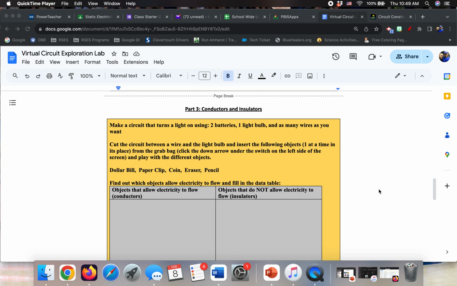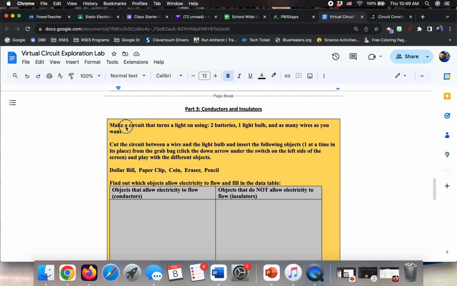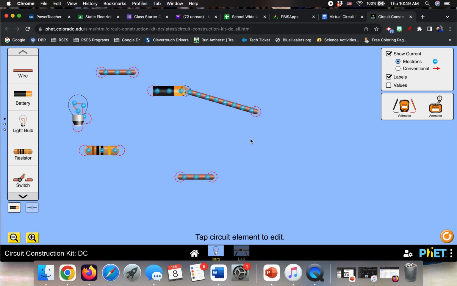of the Virtual Circuit Exploration Lab. Up top it says you're going to still use that website to make a circuit that turns on a light using 2 batteries, 1 light bulb, and as many wires as you want. So if you go back to your screen and you still have a bunch of stuff from the last part,